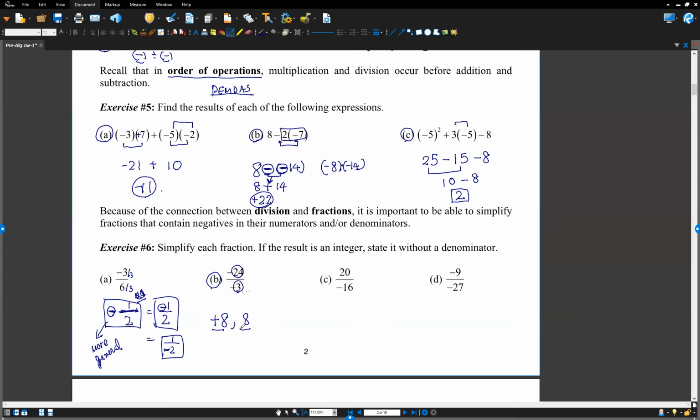Okay. Now can you try this one, everybody? 20 over negative 16. All of you try this one, okay? Simplify. This is a positive over a negative, still negative, the more general form, negative, but with a fraction. Simplify. They're going to ask you to simplify each fraction, okay? 20 over 16 is,